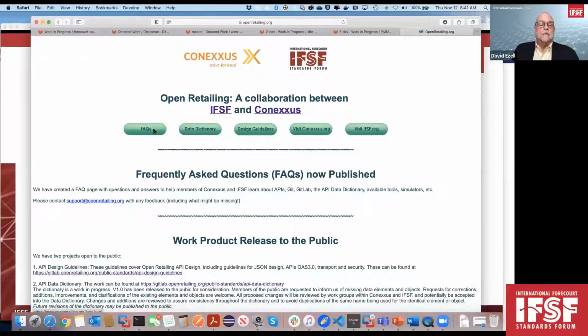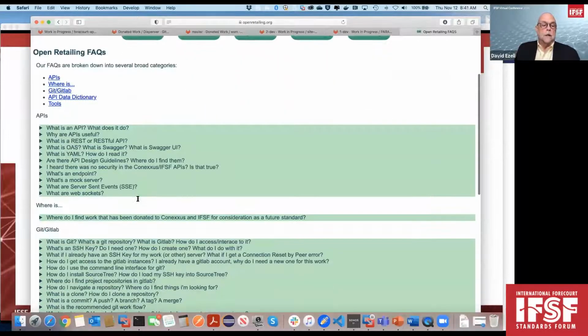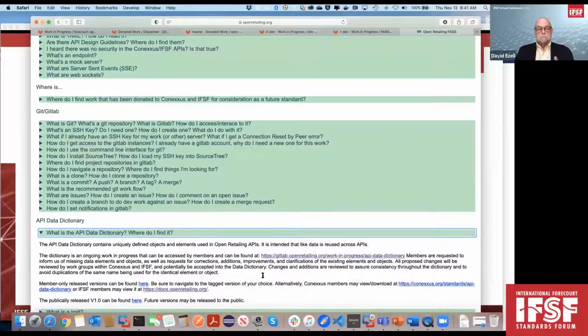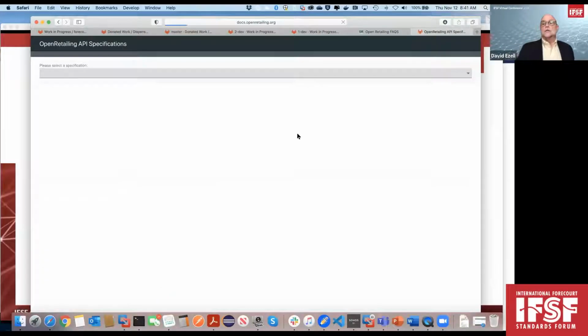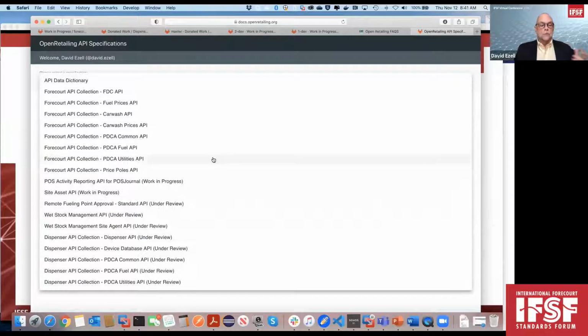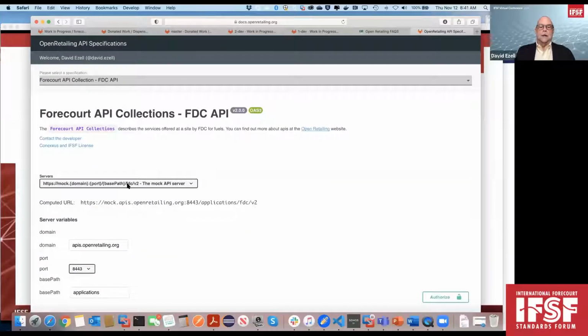And you can find this in the FAQs. If you were to go down here to the API data dictionary and see what is the dictionary and how do I find it, there is actually a link to this tool that we're wanting to show. This is the renderer. And you choose one of those things that we have defined out there. And if you click on it, let's click on one that I'm sure is going to work. Okay. The forecourt API